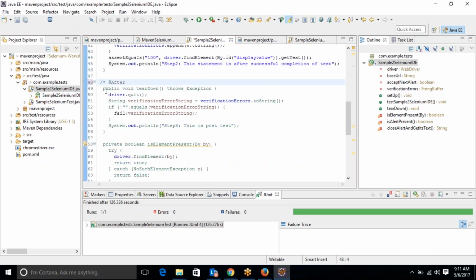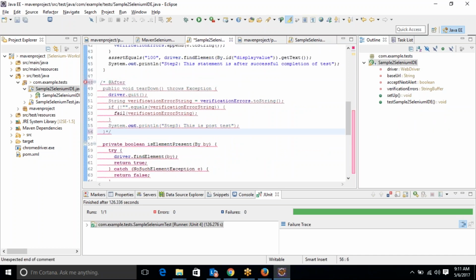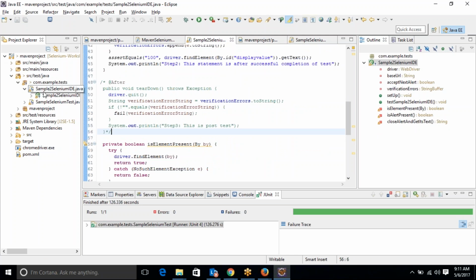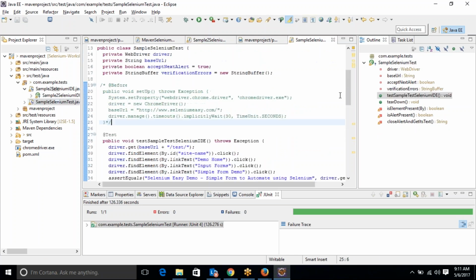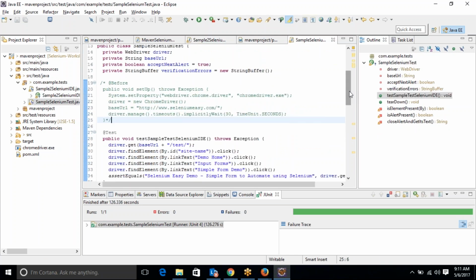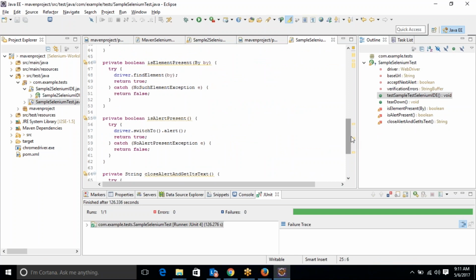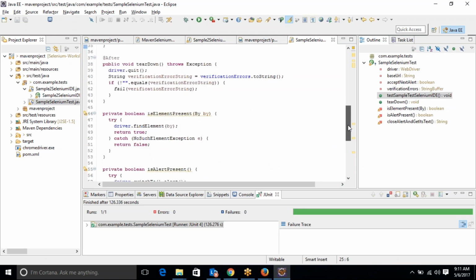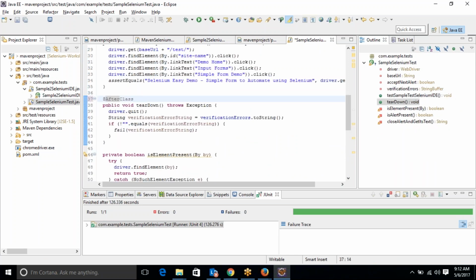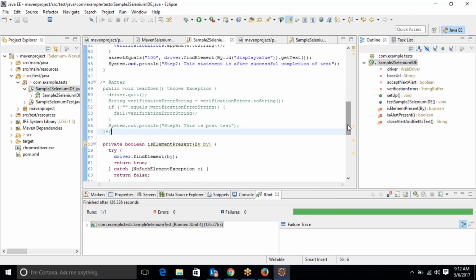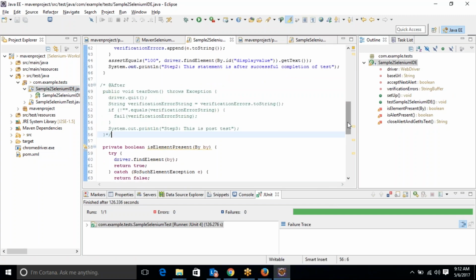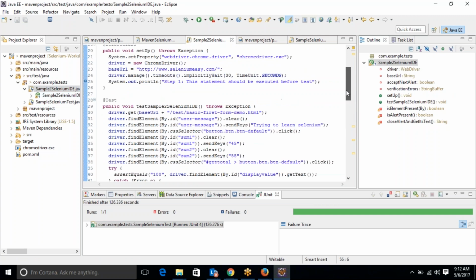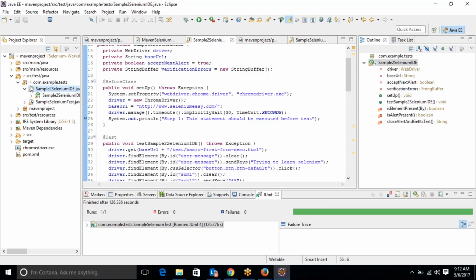So we have two classes which have test cases. I'm not writing a BeforeClass and AfterClass in each and every class, I've written it only once. You guys can see it here. It contains BeforeClass and this contains AfterClass. So when I'm running it,